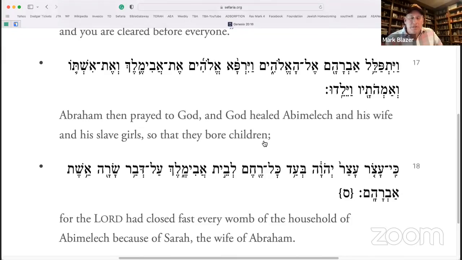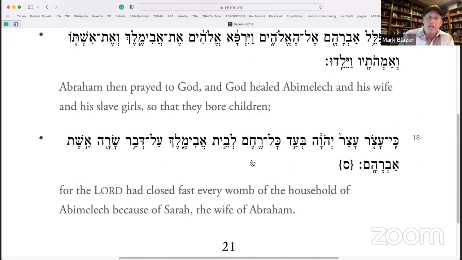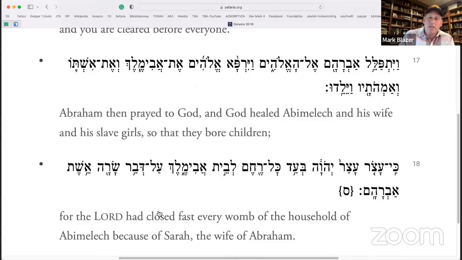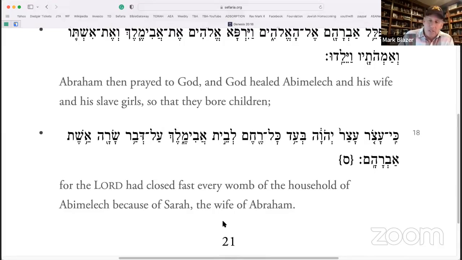What's interesting about this is that it says that Abraham prayed to God and God healed Avimelech and his wife, which means that Avimelech already had a wife. And it also says, and his slave girls, so that they bore children, so that all of those people he could have kids with now have kids. Okay. But again, the way the story ends is with that very last line, which is, for the Lord had